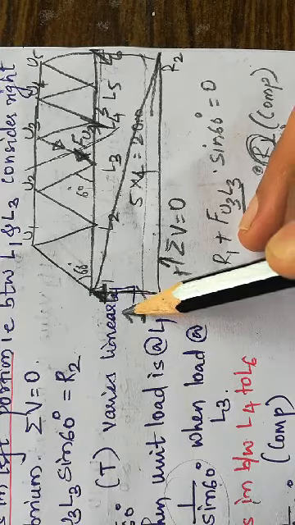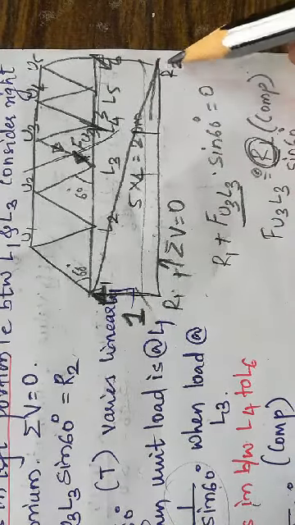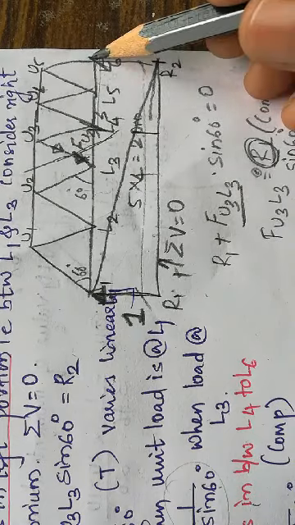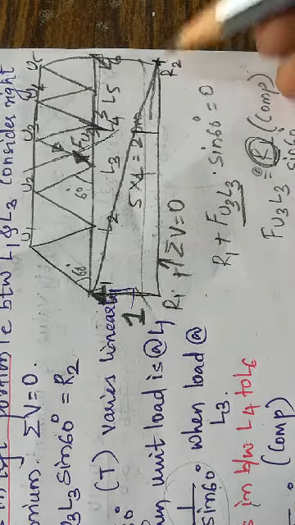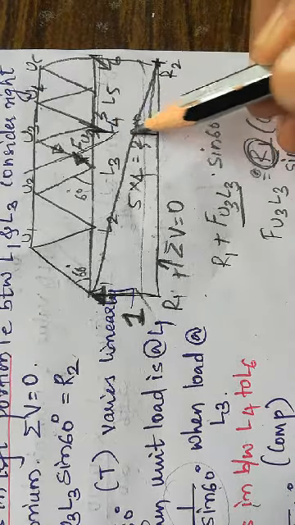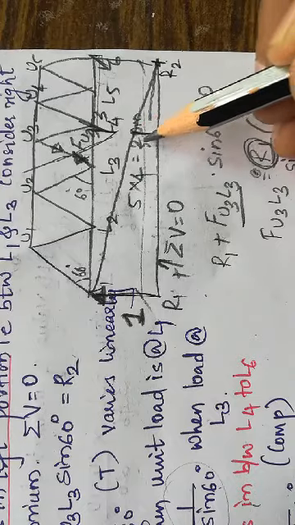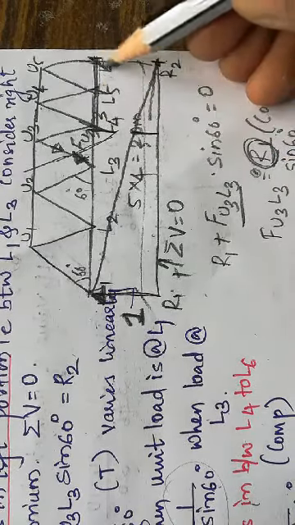Here the ordinate will be 1, and I have to calculate the ordinates for L4 and L6. When the load is at L6, what is the ordinate value of this triangle? It is 0. Similarly, when the load is at L4, I have to calculate the ordinate value at L4. Now here I have two parts, 1 and 2.